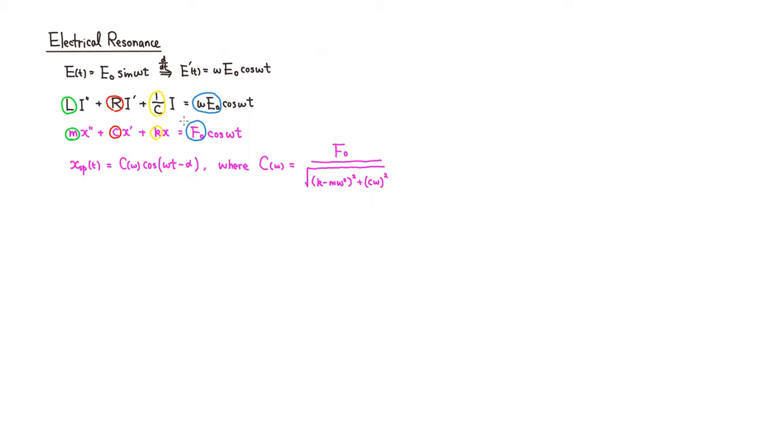So since we already have the amplitude function F0 over square root of (k minus m omega squared) quantity squared plus (c omega) quantity squared